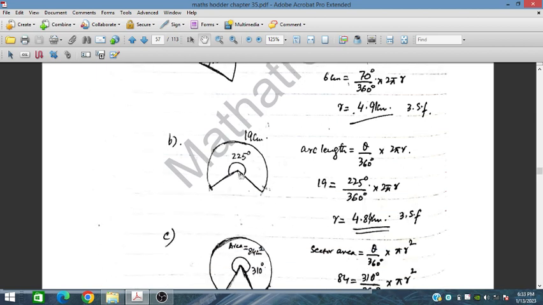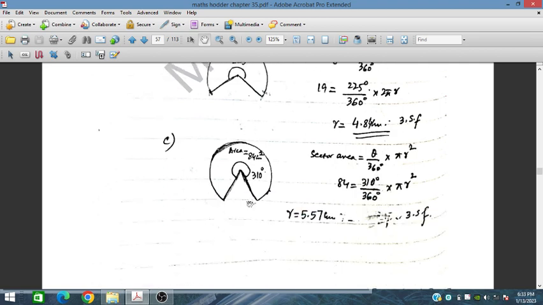Similarly for this one, the arc length is given, this angle is given, so in place of angle, and in place of arc length, we put the values, and we have to find this r. All these things are known, and we have to find this r. So this is obtained as this. Similarly for this one,